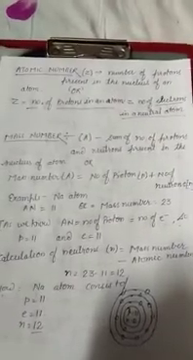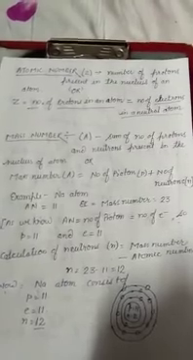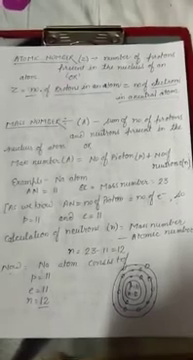Now we are going to the next page. One more concept we are going to understand is what atomic number and mass number are. First I am explaining atomic number. Atomic number is represented by Z, the number of protons present in the nucleus of an atom,